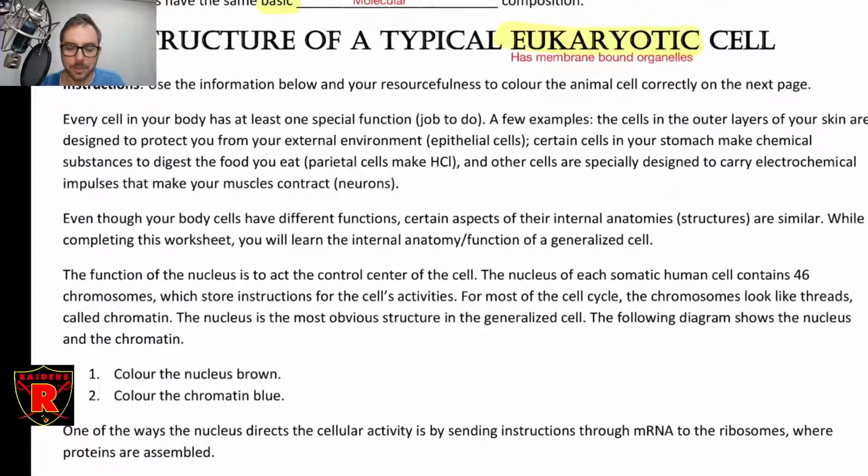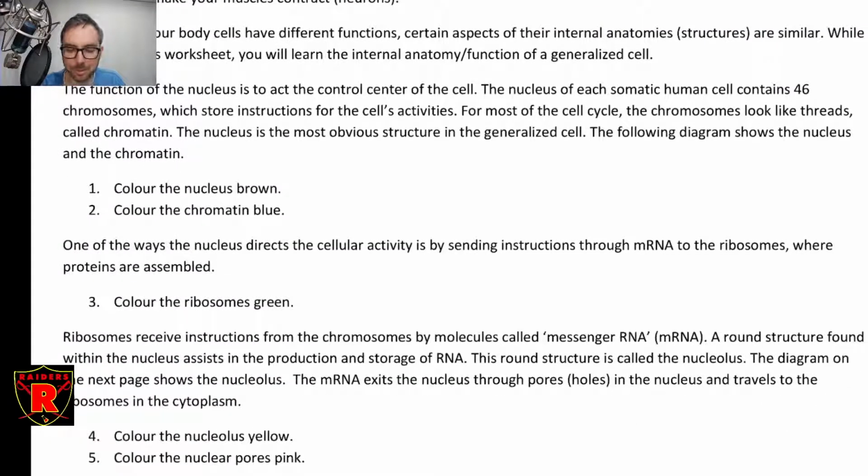So this part right here is actually something I'm going to let you do on your own. It is a reading about what the organelles do, and there are some instructions here to color them. You don't have to color them. This is totally up to you. I don't know why I'm using yellow to color in the brown, but that's probably triggered some people in the audience. If you want to color these, you can.